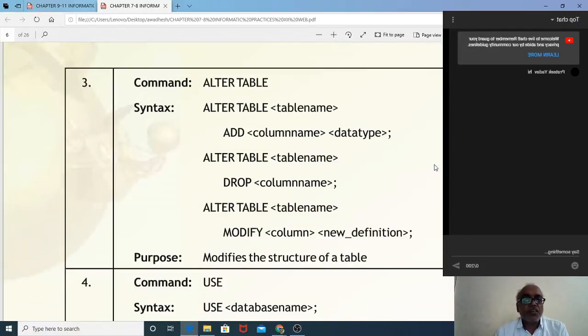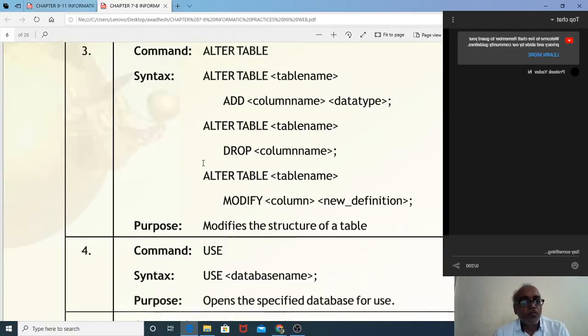All right. Next one is the alter command, which we have done. The alter command is used to modify a table which has already been created. If you want to modify that table, then we use the alter table command. So alter table, then we write the table name, T1, T2, and then we add whatever. Suppose we want to add one more column in the table, then we have add column name and data type. Clear?